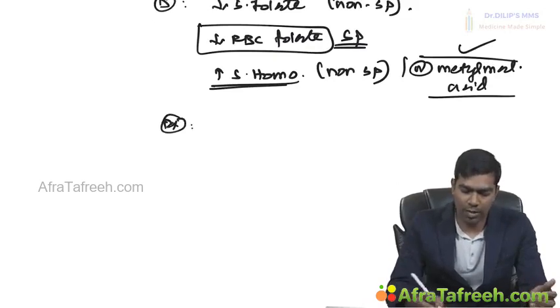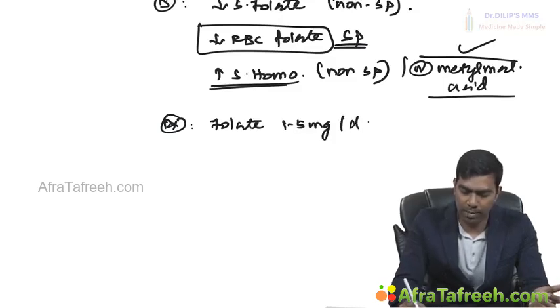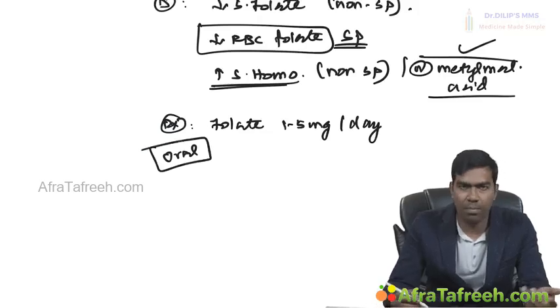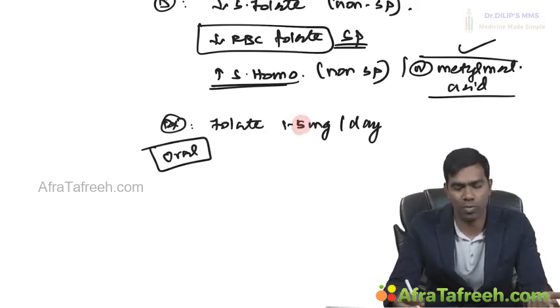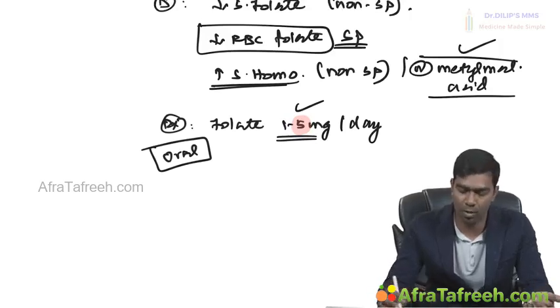Finally, the treatment wise, if you ask me, it's very easy. Typical dose supplementation is folate 1 to 5 milligram per day. Replacement is with oral tablets only. There's no IM folate. We are going to give oral folate only. But in my standard clinic practice I give 5 milligram of folate, and books will tell you 1 to 5 milligram, varying doses, but I will generally prefer a 5 milligram per day dose for 1 to 4 months